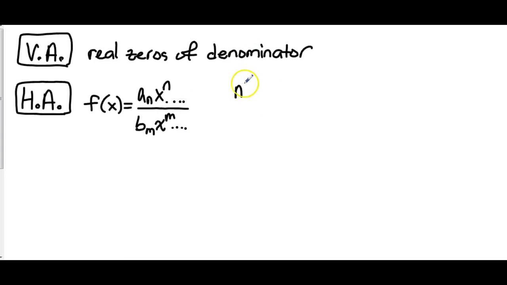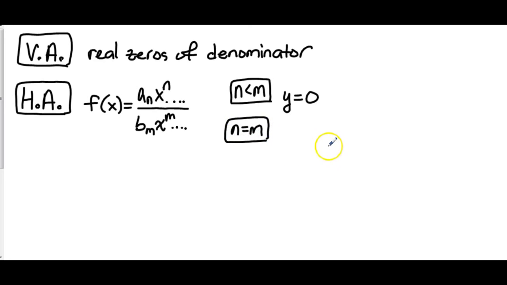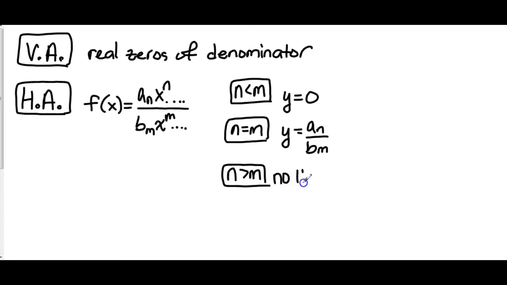Here's a refresher. When the degree of the top is less than the degree of the bottom, that means y equals 0 is our horizontal asymptote. When n equals m, meaning the degrees are equivalent, the horizontal asymptote will be the ratio of the coefficients. And then last but not least, when n is greater than m, that means no horizontal asymptote,